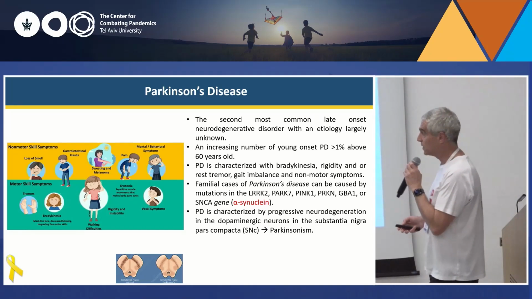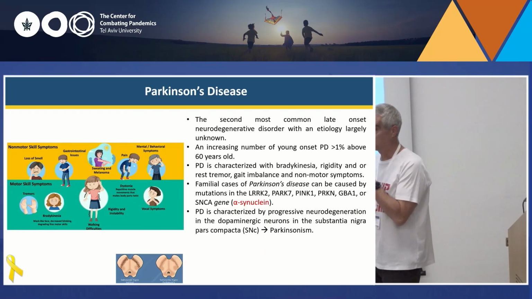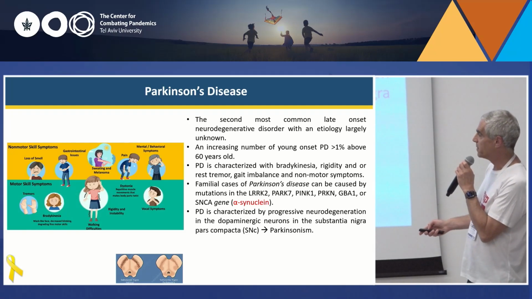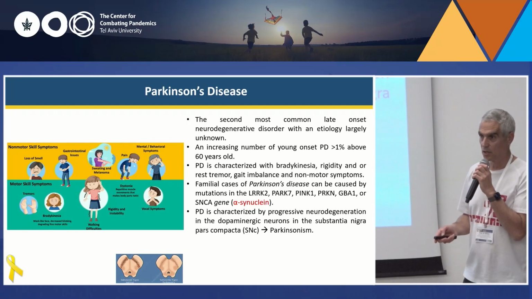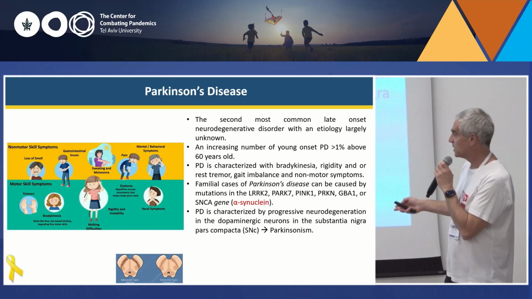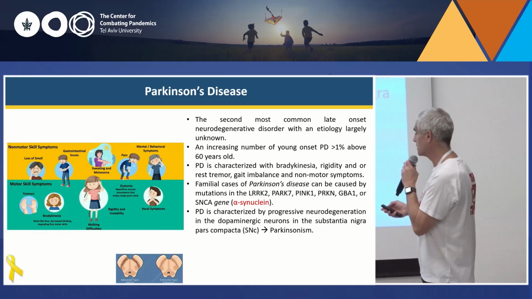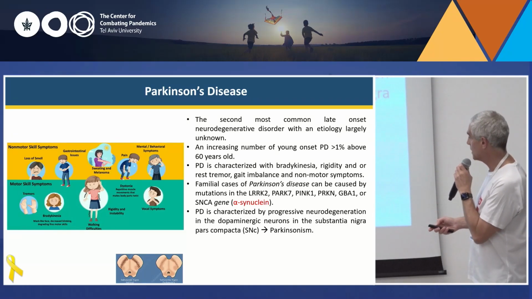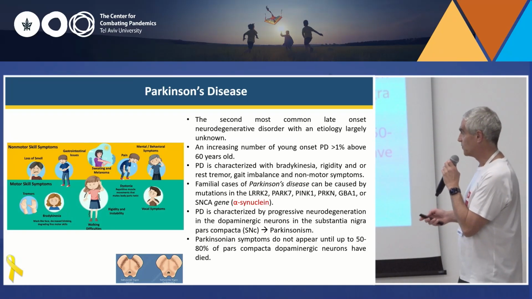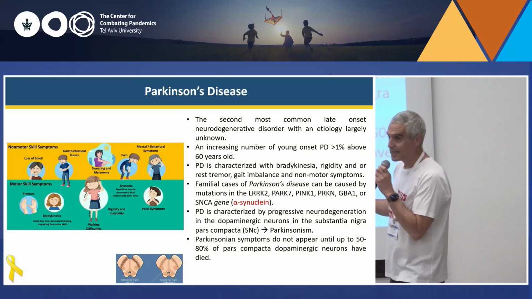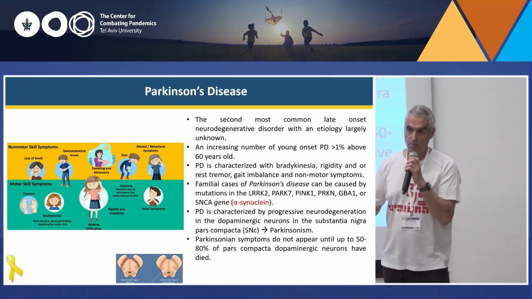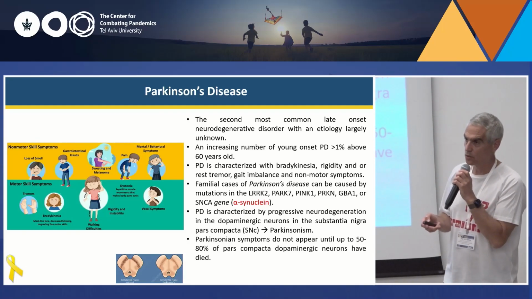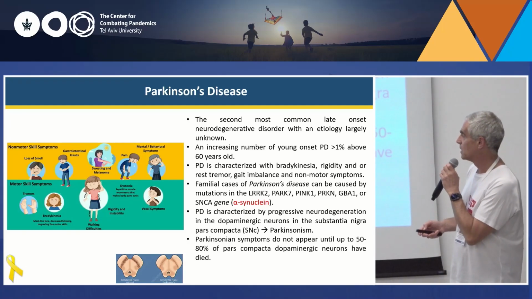The most characterizing feature in Parkinson's disease, which also leads to the motor symptoms, is the death of dopaminergic neurons in the substantia nigra. Their death causes the Parkinsonian symptoms because there is an imbalance of the motor activity. However, at the stage where you are diagnosed with PD, 50 to 80% of the dopaminergic neurons are already dead. So this is a bit too late.